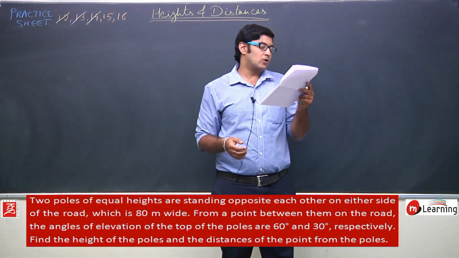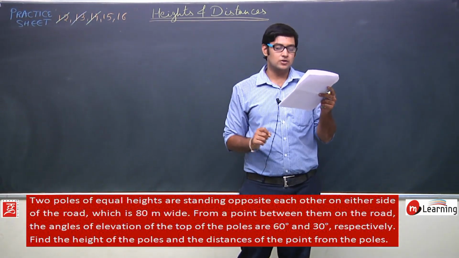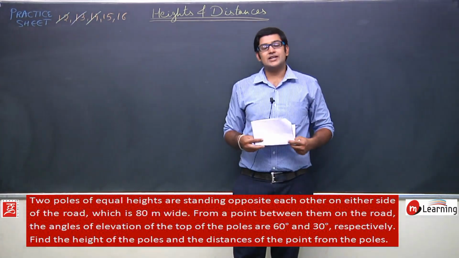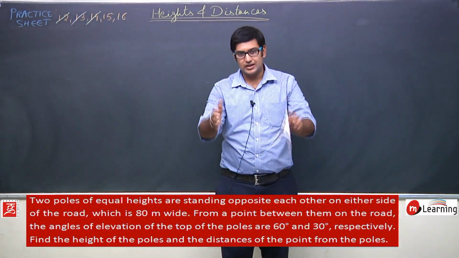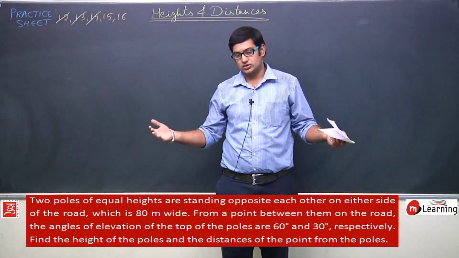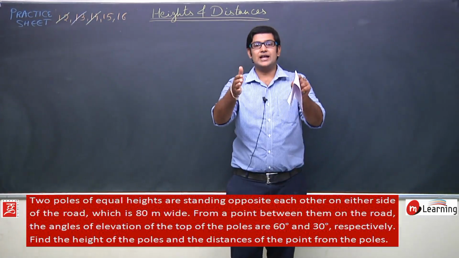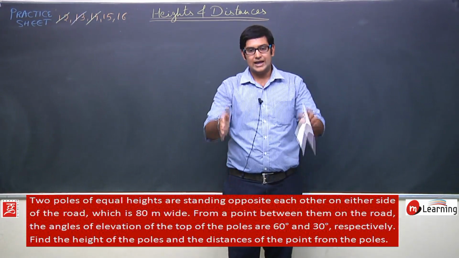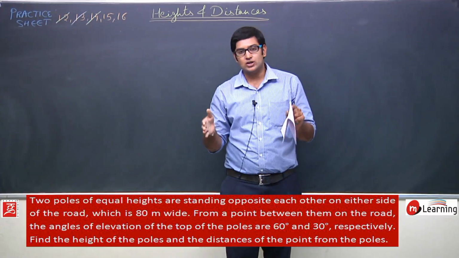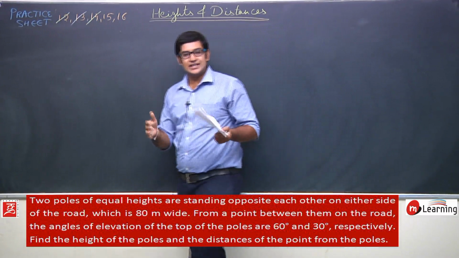So two poles of equal heights are standing opposite each other on either side of the road, which is 80 meter wide. So what it says is the width of the road is 80 meters and two poles are standing across the road in the opposite direction. So if this is an 80 meter wide road, I can assume one pole here and one pole here. So to draw this situation on the board, what I can say is,